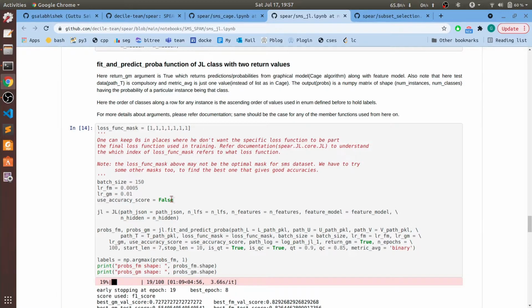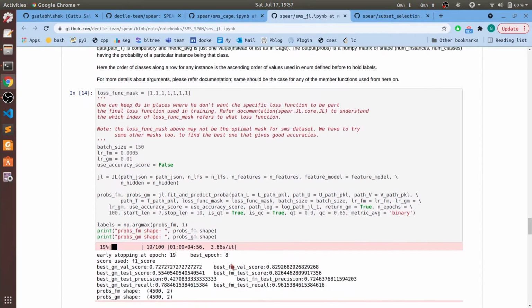And since we have two models trained here, when return GM is set to true, we get two return values which are the probabilities predicted by the feature model and the graphical model. We suggest using the probabilities predicted by the feature model. Also, training may stop early as you can see over here due to the stopping conditions on validation data.